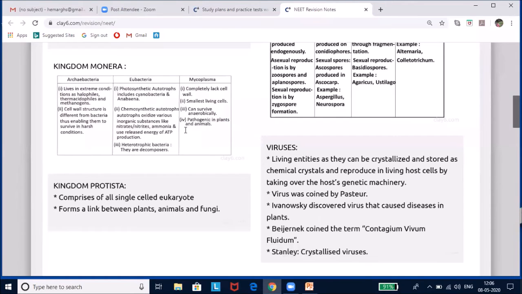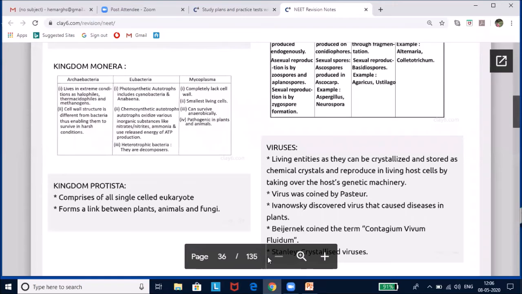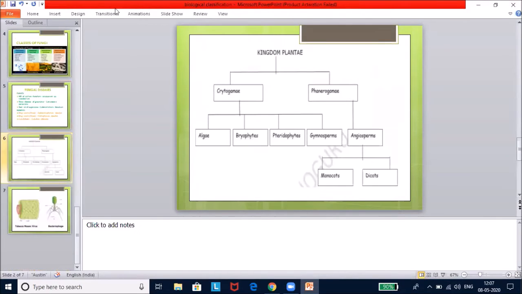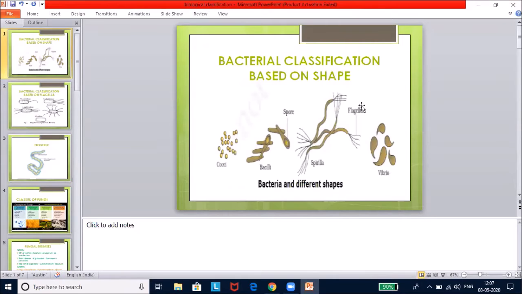Now, let us look into eubacteria. These are the true bacteria, and these can be divided based on different criteria. The criteria are very essential, so I am going to talk to you about them. Please make a note because a few questions have been asked. Based on the shape of bacteria, they are classified into